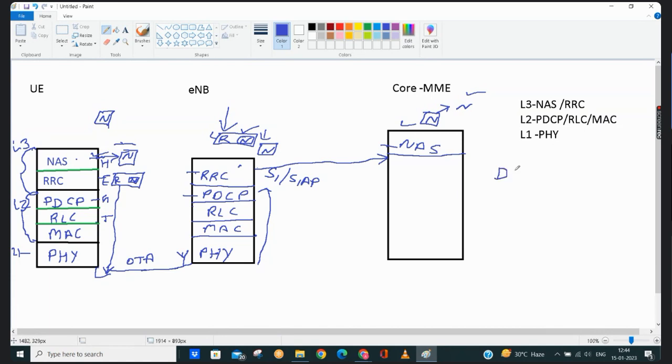We have two directions, DL and UL. What do you understand? What is DL direction? What is UL direction? Uplink or downlink. When you say uplink, when you say downlink, can you please explain these two terms? Up is sending, down is receiving.